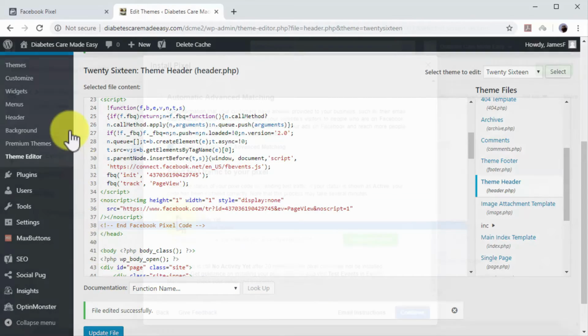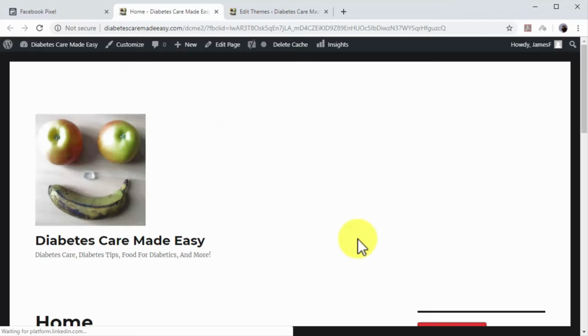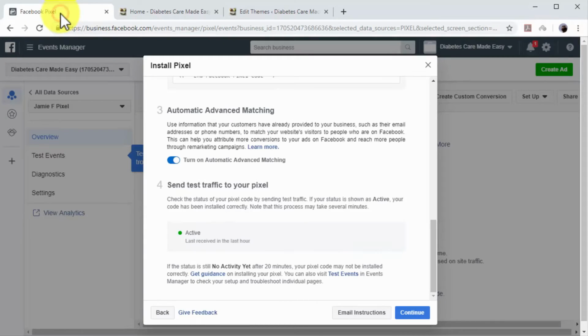Now go back to Facebook. Enter the URL of your website in the Enter the URL for this website field and click on the Send Test Traffic button. Now confirm that test traffic is active. If test traffic is active, it means that you've successfully installed the code on your website, and you can now